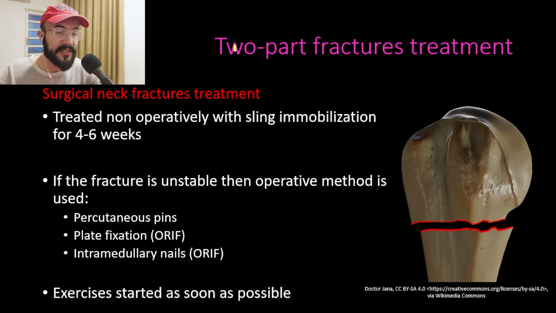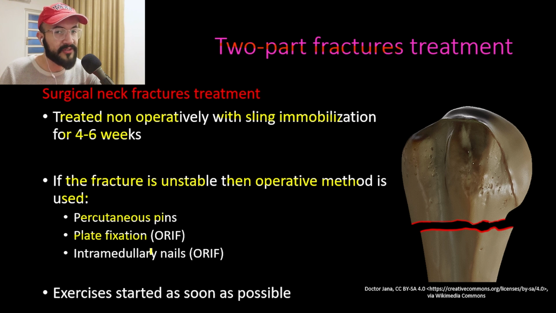Now, regarding the treatment of the two-part fractures, those are classified into the two-part anatomical neck fractures, the two-part surgical neck fractures, the two-part greater tuberosity fractures, and the two-part lesser tuberosity fractures. Starting with the surgical neck fractures, those are treated non-operatively with a sling immobilization for 4 to 6 weeks. And if the fracture is unstable, then an operative method is used, for example, percutaneous pins or plate fixation,